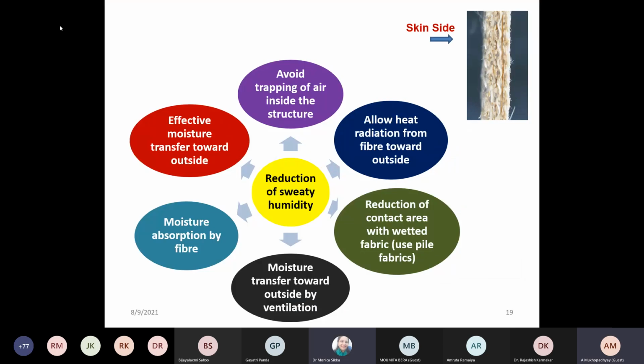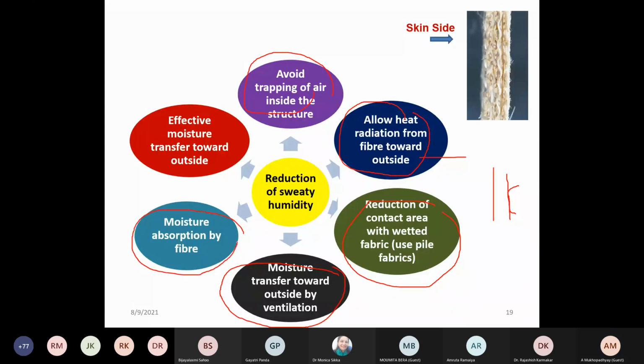Okay, so avoid trapping air inside the structure. So that is one. Allow heat radiation from fiber towards outside. Okay. Reduction of contact area. So we must make a fabric which can make minimum contact with the body. Moisture transfer towards outside by ventilation. Moisture absorption by fiber, and moisture transfer towards outside. Effective moisture transfer